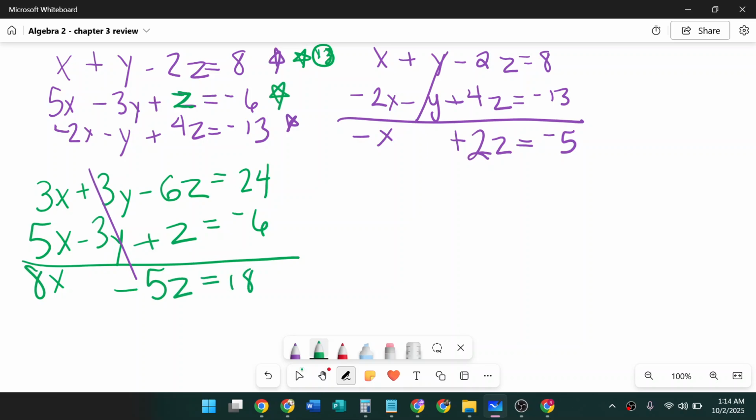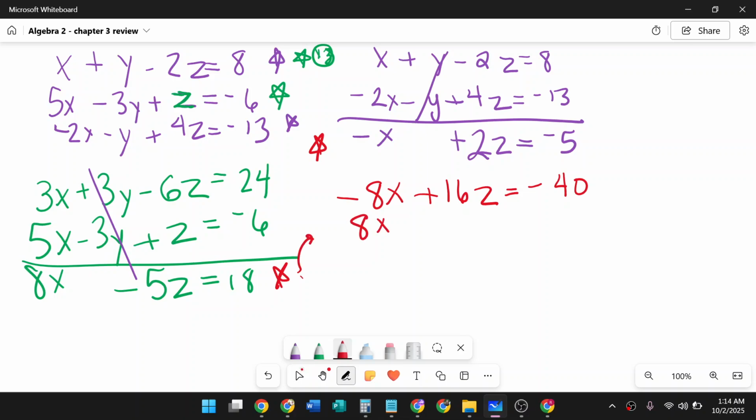And now I have two equations, and they have an x and a z only. So to solve this, I'm going to make this one be negative 8x. So everything times 8. And then I'm going to take this one and use it just as is. 8x minus 5z equals 18. The 8's go away. That leaves me with 11z equals 112,